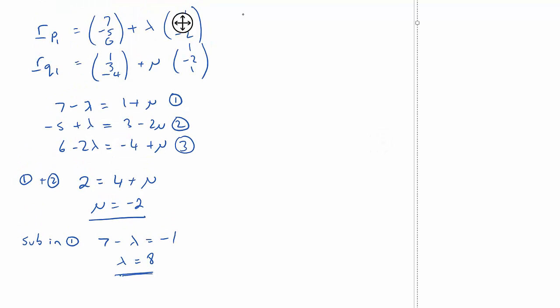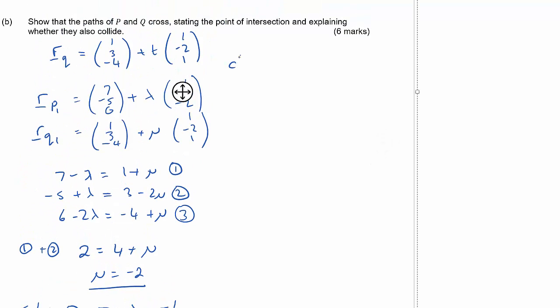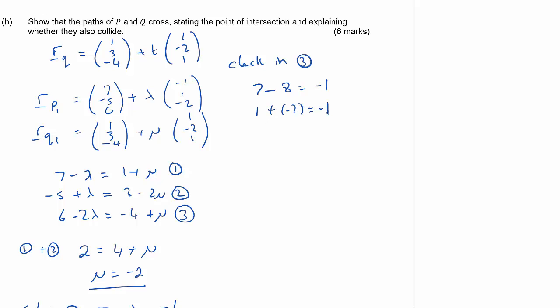So first of all, check in 3. So we'd have 7 take away 8 equals -1, and 1 add -2 is -1. So the paths cross,